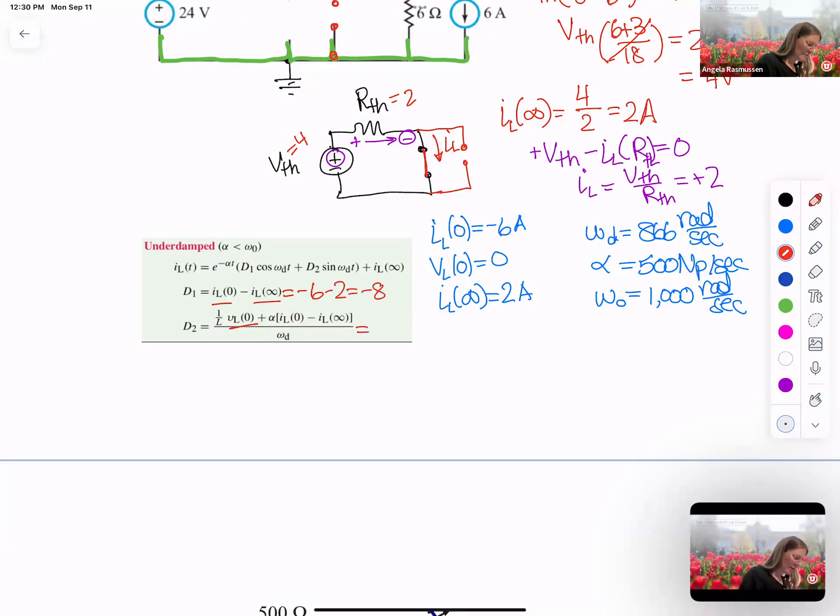And this one becomes 0. And so I have 500 times -8 over 866 for -4.62. And IL of t